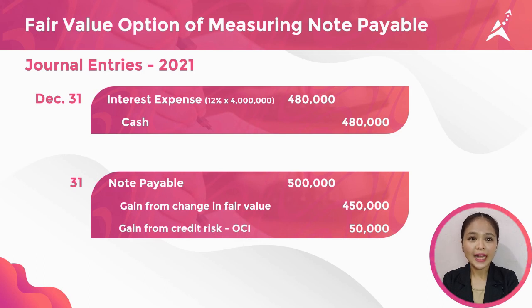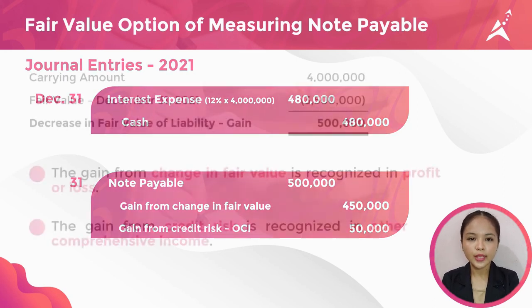Lastly, if you remember, it was mentioned in the problem that the entity has elected irrevocably the fair value option for measuring the note payable. So, to record this, we will debit note payable for 500,000 pesos, which is the gain from change in fair value. Next, we will credit the gain from change in fair value for 450,000 pesos and the gain from credit risk recognized in other comprehensive income for 50,000 pesos. To explain this further,